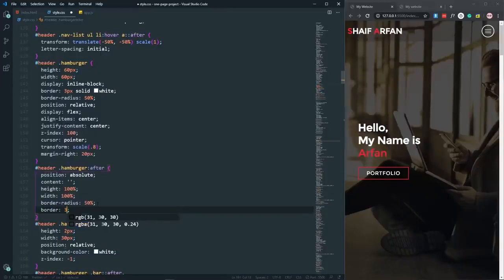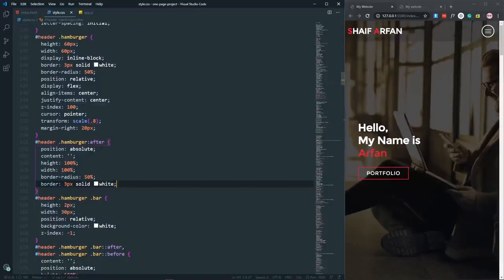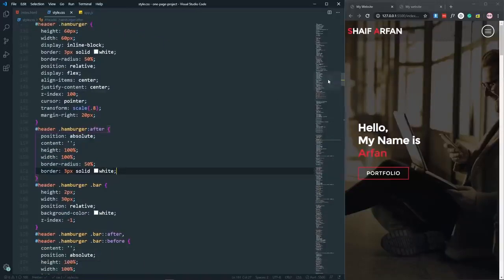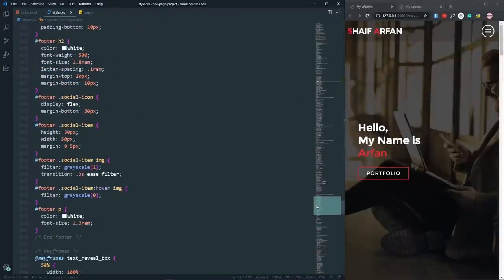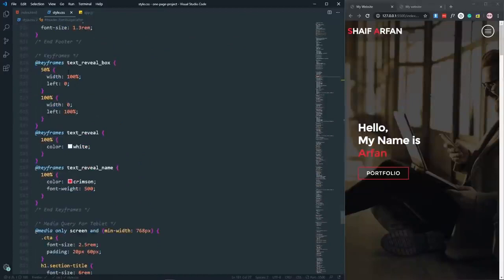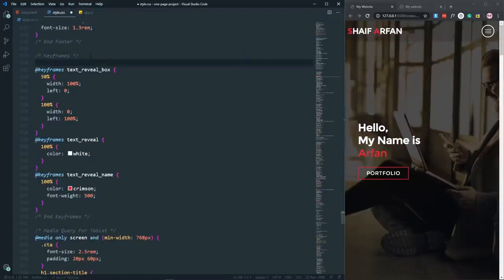So let's have a 3 pixel solid white border. Not 30 pixel, it will be only 3 pixel. So we have this 3 pixel border. We can't see it because it is inside the hamburger. So what I need to do is make a keyframes. Let's come to the keyframe section where it is. Yeah, here it is. So in the keyframes, let's make a keyframes